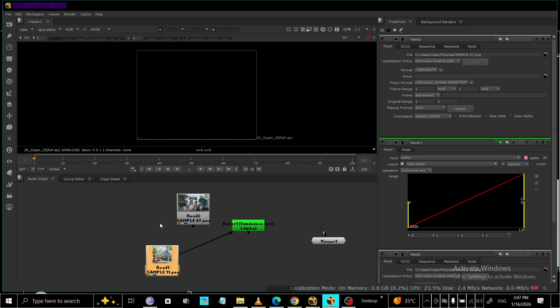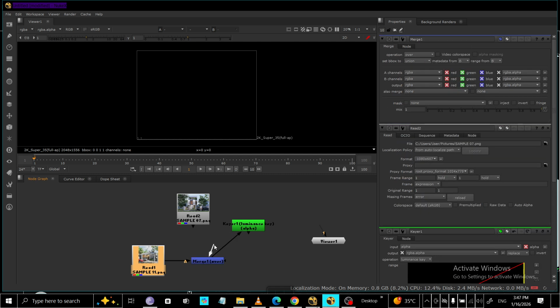Add a pre-mult node after the Luma keyer to apply the alpha to the RGB image. This tells your composite to use the matte you just created, cutting out the subject properly and preparing it for layering. Composite your keyed subject over a new background using a merge node set to over. Connect the background to the background input and your pre-multiplied subject to the foreground input. Check the order and make any scale